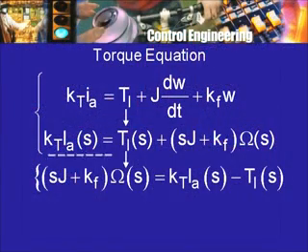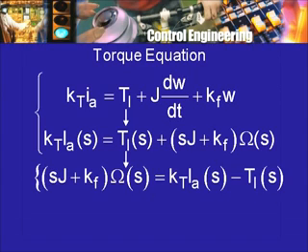Next, let us take a look at the torque equation. So we have K T into I A of s equal to three terms. One is the load torque, so T L of s, plus friction, so K f into omega s, but there is also the moment of inertia term, therefore K f plus S J into omega s. Now the first equation I solved for I A, so the second equation I should solve for omega s, and therefore I will rewrite it as S J plus K f into omega s equals K T I A of s minus T L of s.